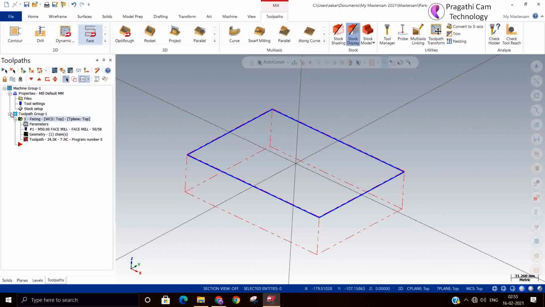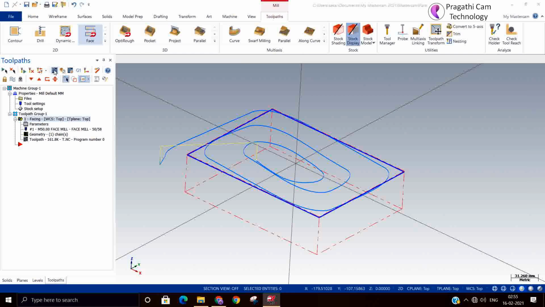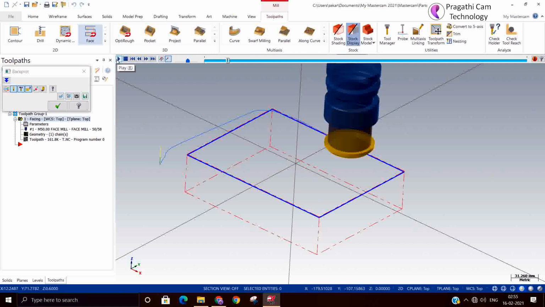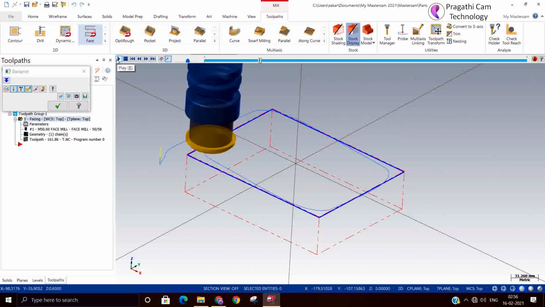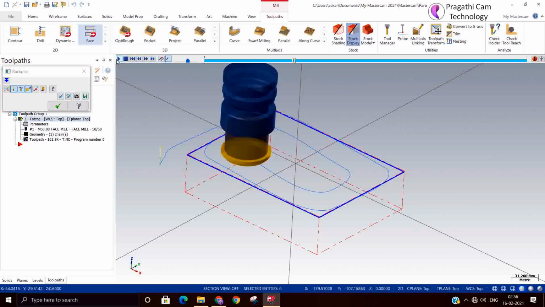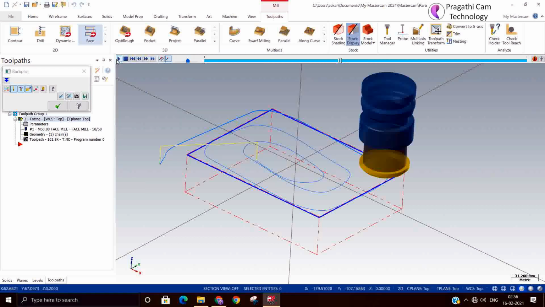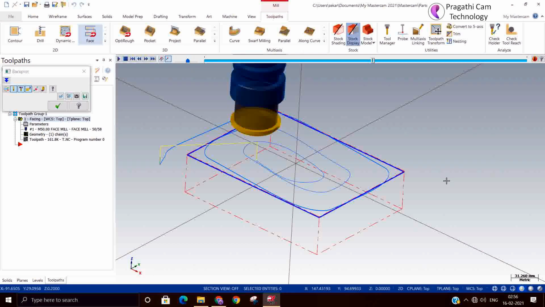But this particular toolpath we can use only when the machine is capable of high speed machining, otherwise we cannot use this toolpath. I modified and generated the toolpath. You can see here, this is the dynamic toolpath.